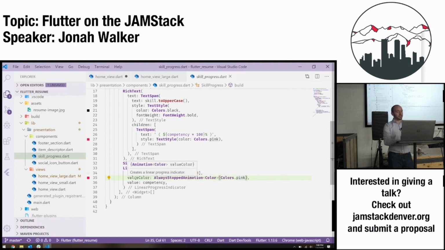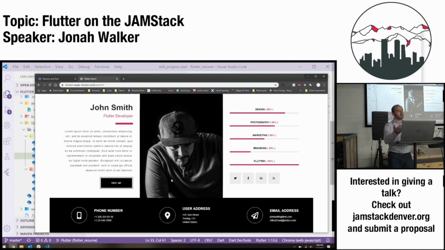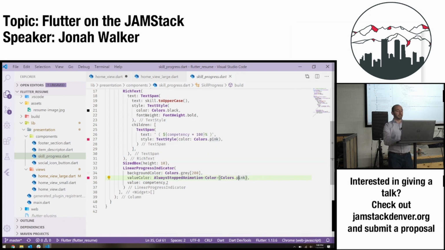This one actually does have the ability to animate in. So when you open up the page, it could have started from 0 and went up to the top. I just decided to tell it to just always be stopped. We don't need anything fancy right now. So going back